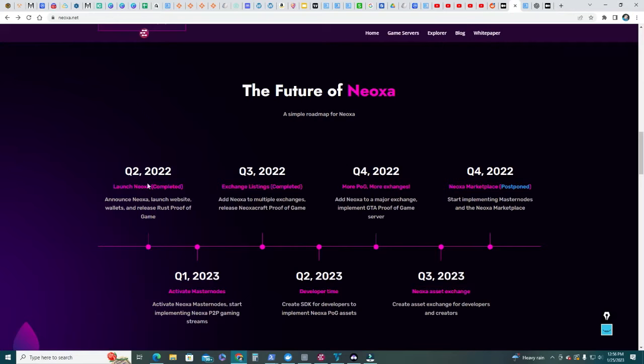Q2 last year, 2022, they launched site wallets. They have their own wallet, and they released Rust proof of game. That's the first game they released Neoxa on. In Q3, they added Neoxa to multiple exchanges. Right now, let's take a look at what exchanges